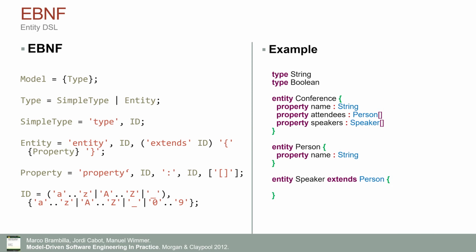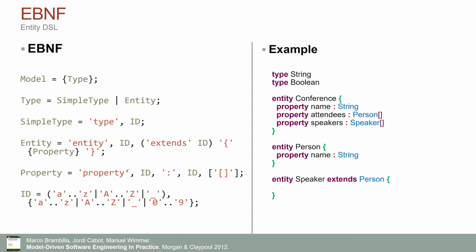And the eBNF would then look like this. So we have a model which is a sequence of types. A type can be either, now we have the alternatives, a simple type or an entity. A simple type, and then we see the production rules here and how they are used. A simple type can then be replaced by the